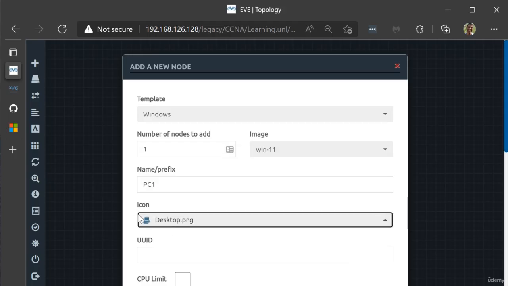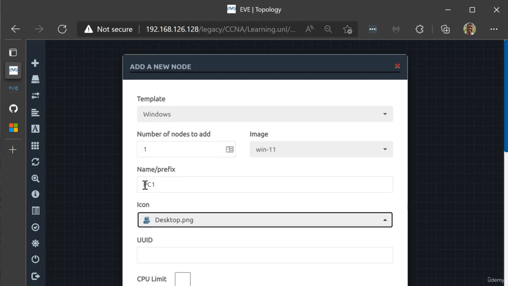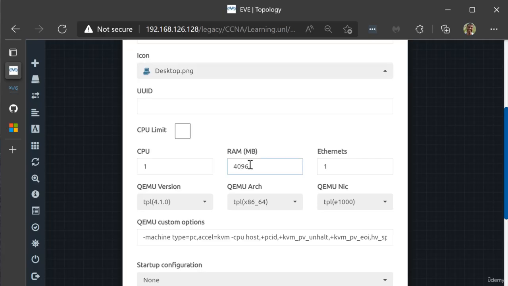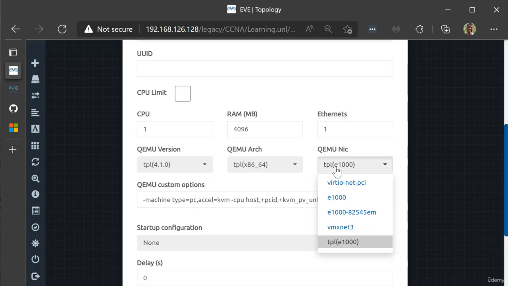Now we can keep this desktop image, or we can change it. In the next lecture, I'll show you how you can add different icons to customize EVE-NG a little bit better. But you've got that icon there. You can change the RAM, but 4 gigabytes is enough. Some people have had better success by changing the NIC to VirtIO Net PCI. I've had no problems with E1000, but if you do run into networking issues or the connection seems flaky, you can use the